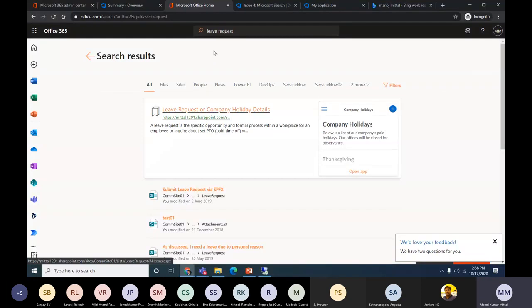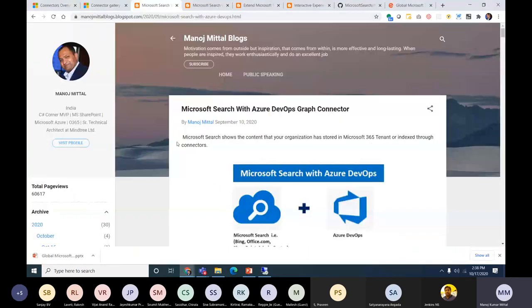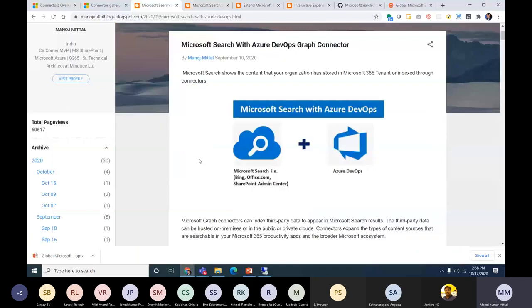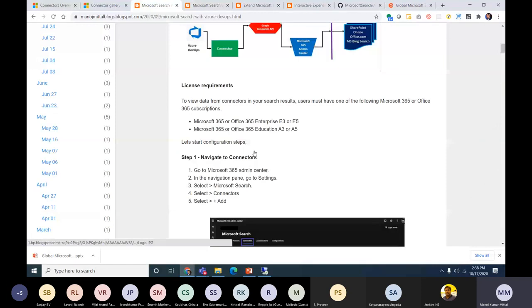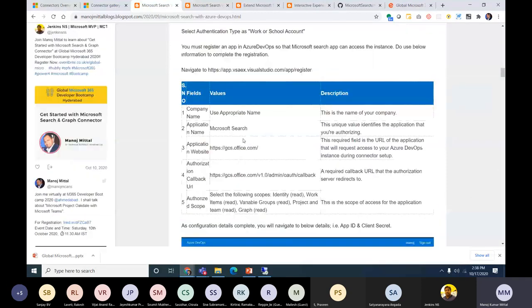All right, let us quickly jump to the demo. Before the demo, I will go back to this particular article. I'll post this link in our chat window. People can go through it, and it's very well documented. It lists the steps I'm going to perform, so you will get all the steps here step by step. I also follow some steps from here itself.